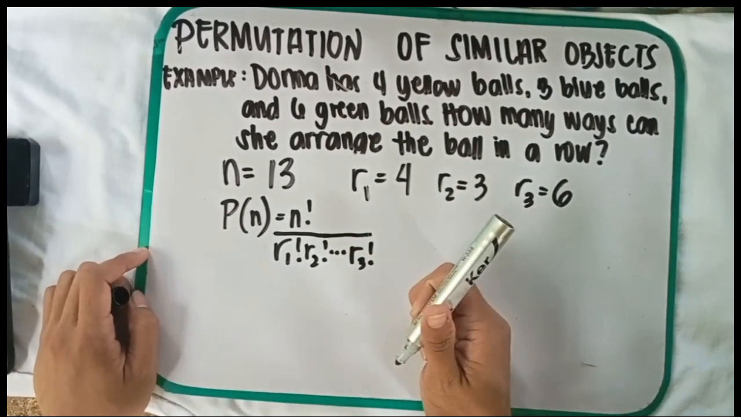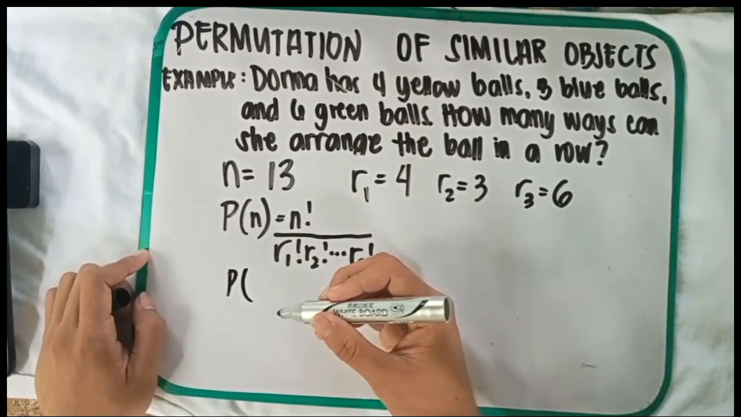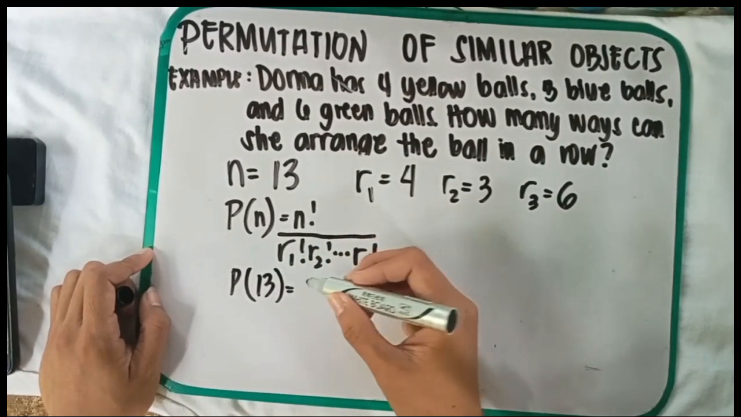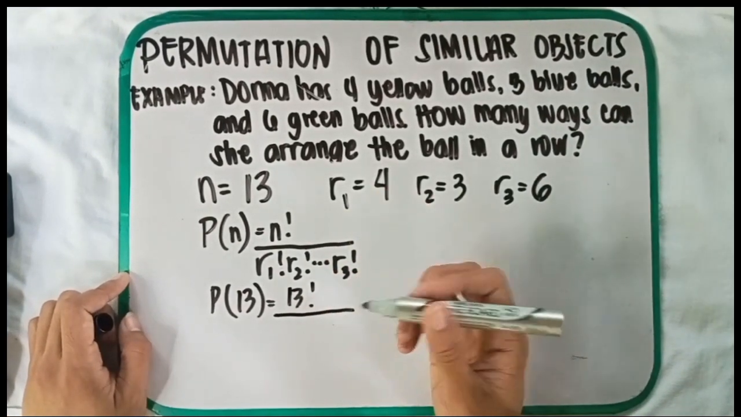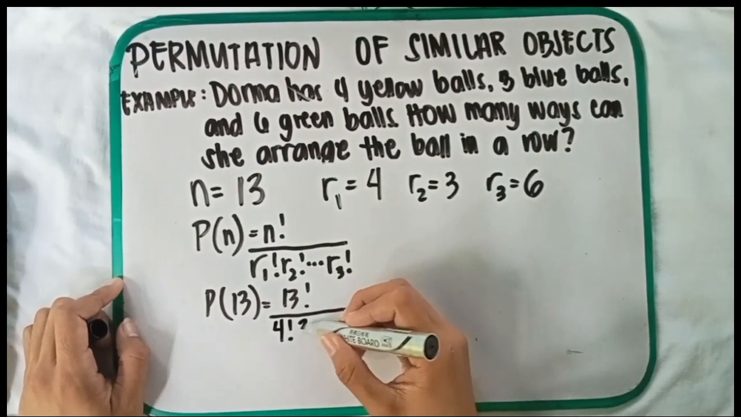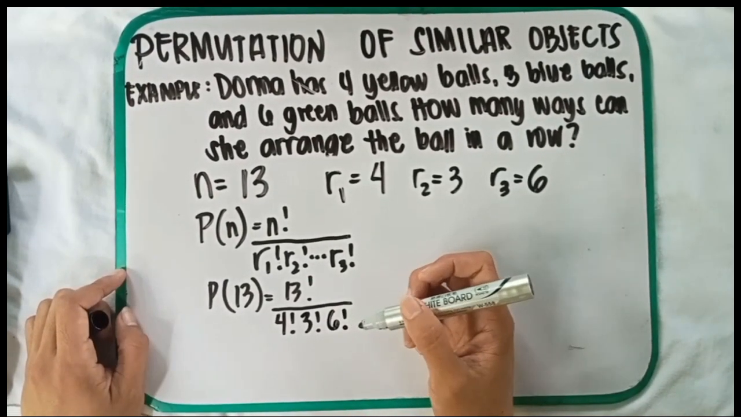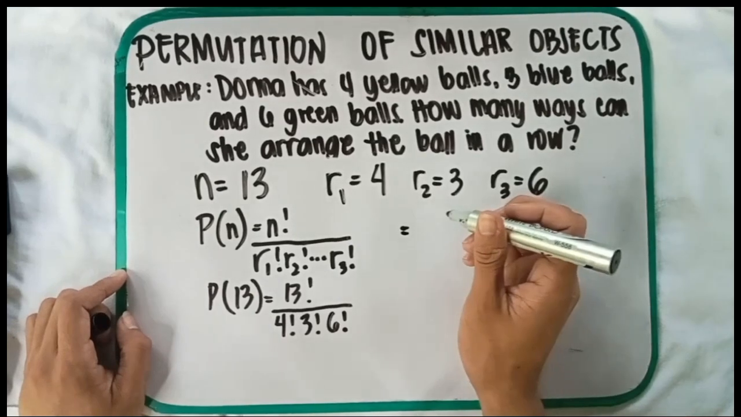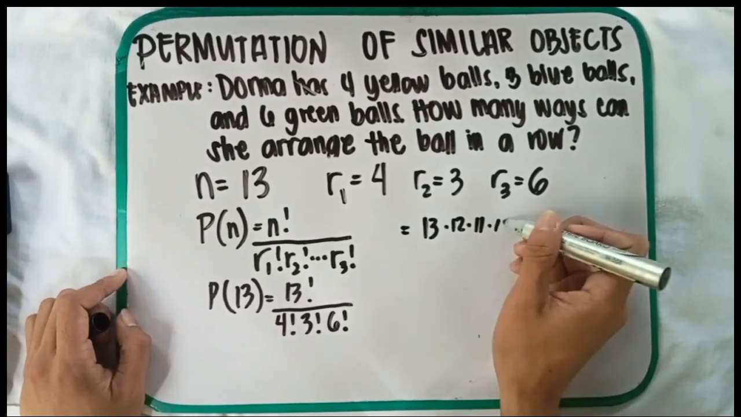Let's come now to the substitution. P of 13, since 13 is the n, equals 13 factorial over r sub 1, which is 4 factorial, then r sub 2 is 3, so 3 factorial, then r sub 3 is 6, so 6 factorial. Going to simplify, so 13 factorial is equal to 13 times 12 times 11 times 10